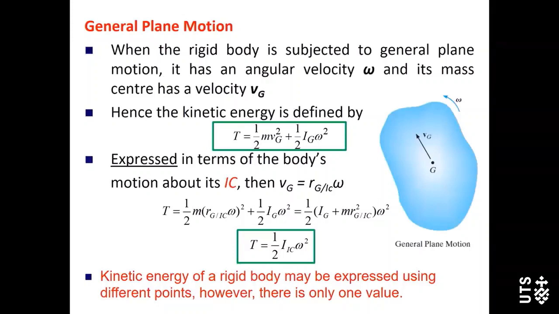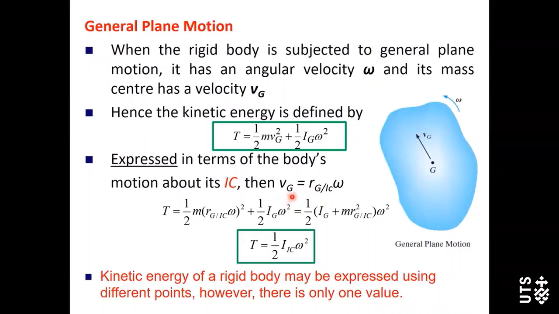Lastly, general plane motion. This is a rigid body undergoing general plane motion. So we can select point G for our calculation. Okay, now if we can determine the location of IC point, and then we have